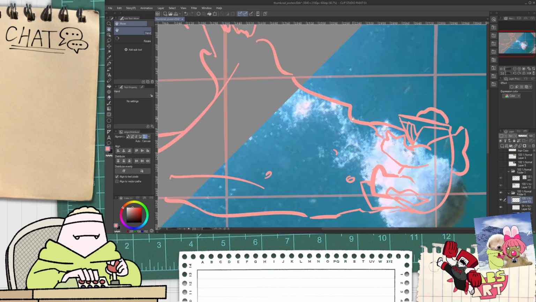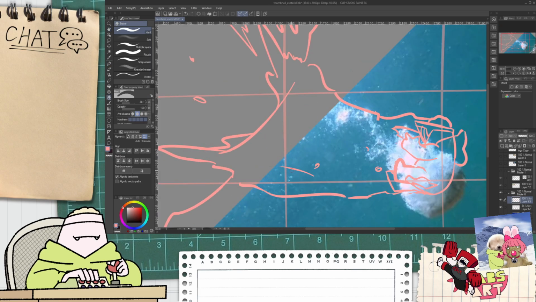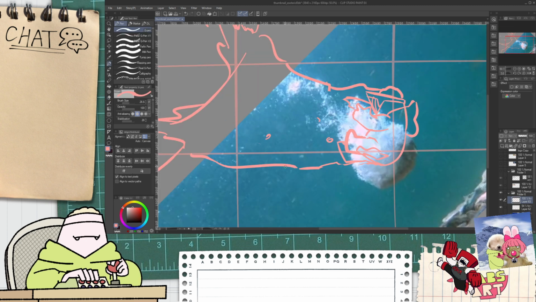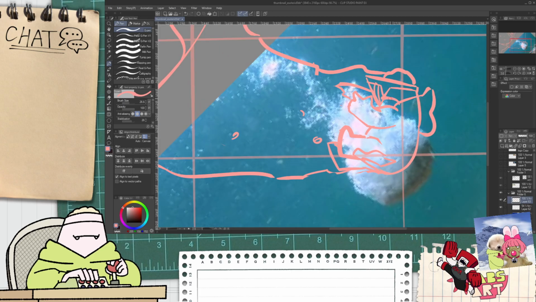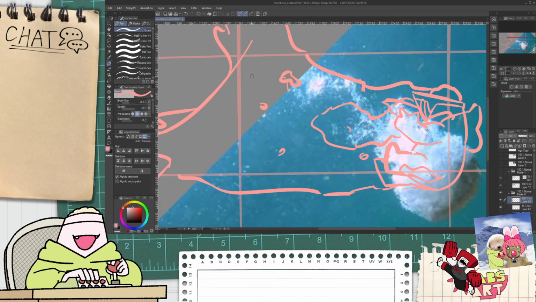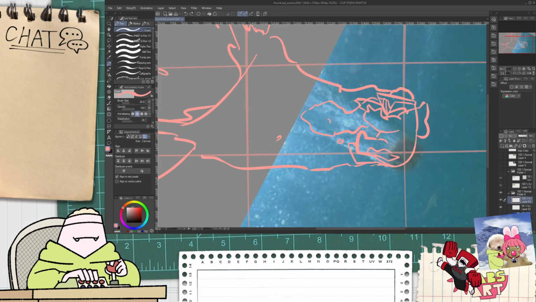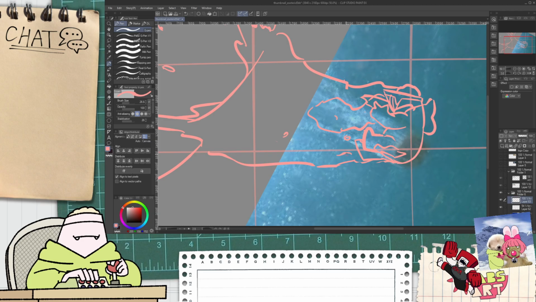Sort of like this. I feel like this is correct. Well, although I could be mistaken. I've been wrong before. There's almost like a little trail of bubbles that it leaves behind on this one.